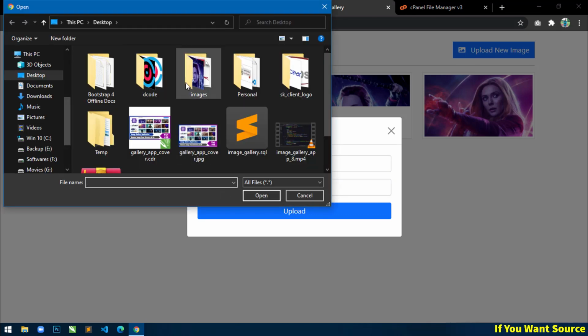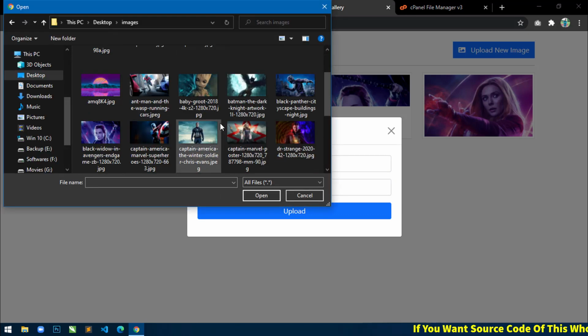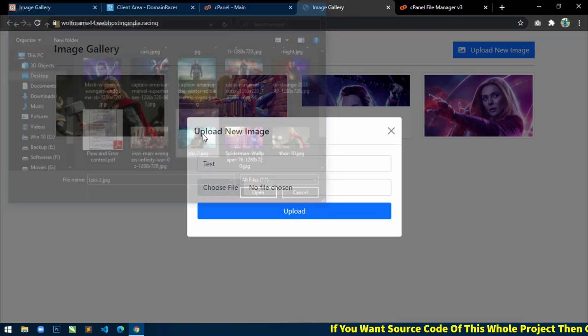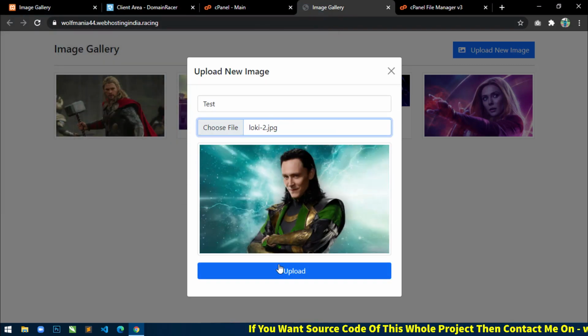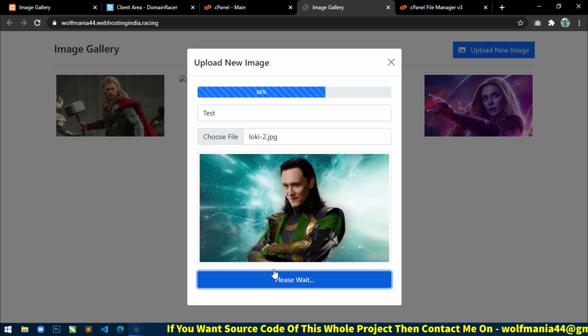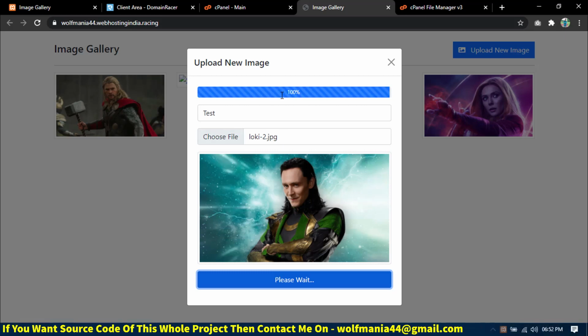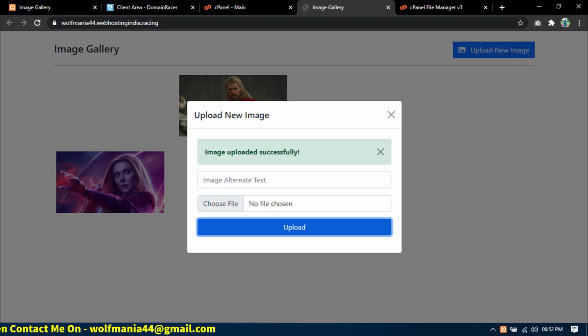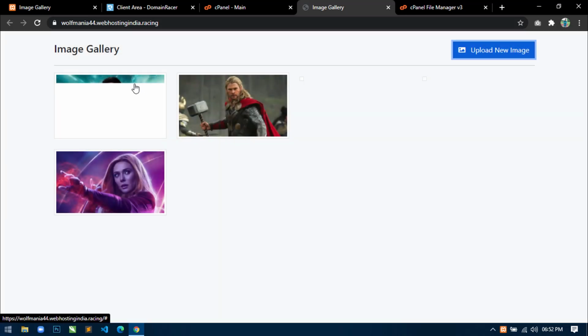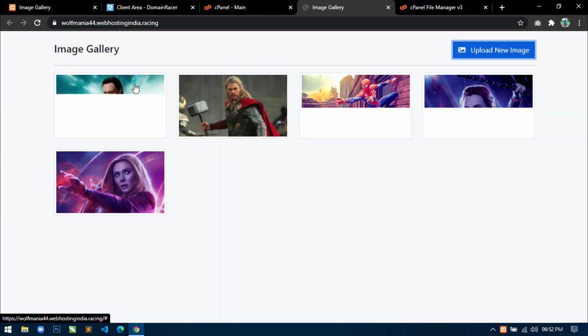Here I'm selecting this one, and click on upload. You can see the image is uploading. So wait until the image is uploaded. Now you can see image uploaded successfully, and here also the image is displaying.